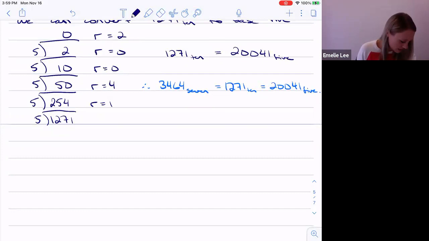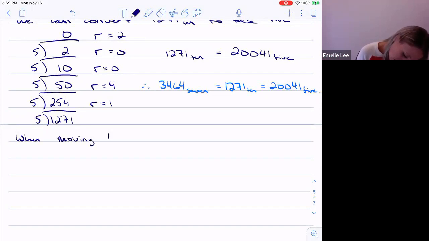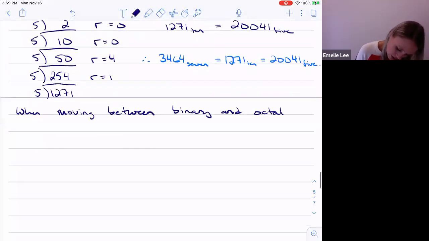So the shortcuts here, when moving between binary and octal, which is base 8,